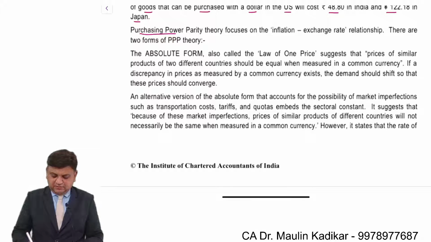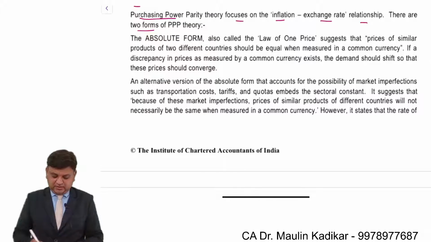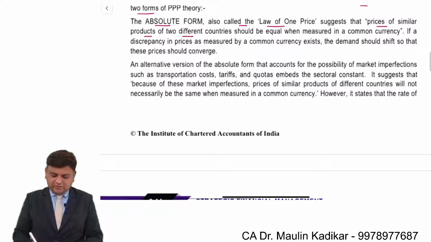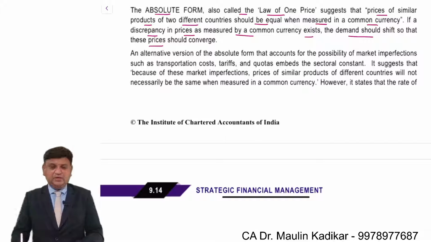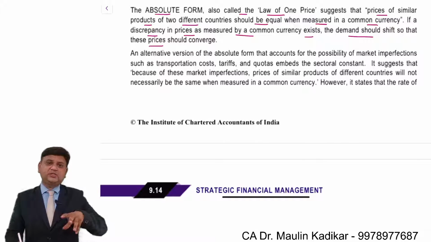Purchasing power parity theory focuses on the inflation exchange rate relationship. There are two forms of PPP theory. The absolute form, also called the law of one price, suggests that the prices of similar products of two countries should be equal when measured in a common currency. If a discrepancy in prices measured in a common currency exists, the demand should shift so that these prices converge. It means that the arbitrage process will make sure the prices will be